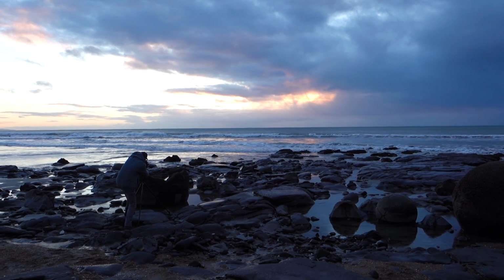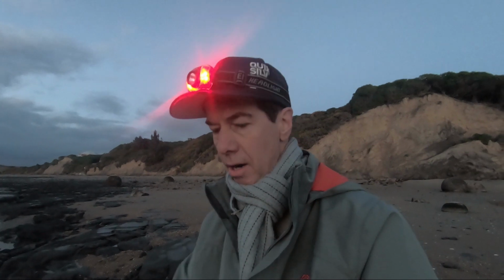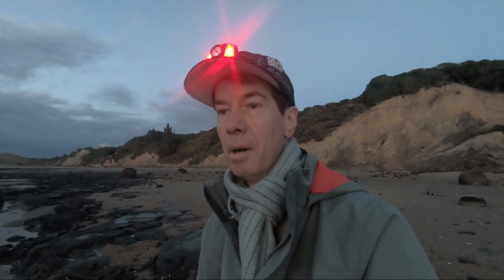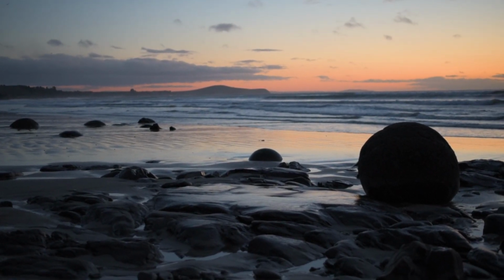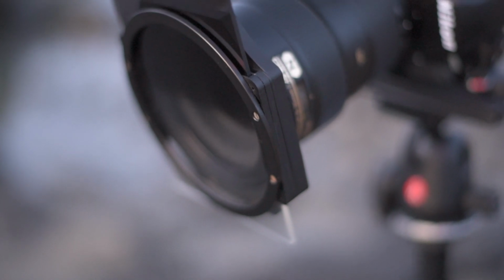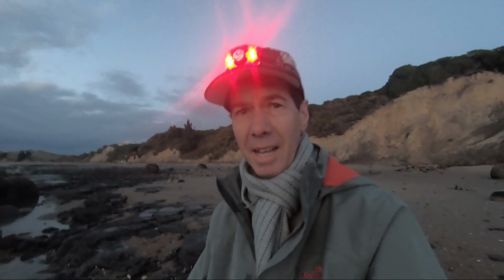It looks terrific. On my settings, I've got my Nikon D850 with my 16 to 35mm lens. I'm sitting at about 20mm and I'm shooting at f9, ISO 64, and about 30 seconds at the moment. As the light gets brighter, I'm going to switch over to a 10-stop ND filter. At the moment, I've got a 3-stop hard grad taking the edge off the sky. But that 10-stop